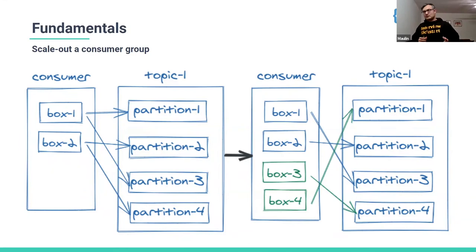Then when you want to add 2 boxes, given the same group ID in the configuration, when it comes up, it will send a request to the Kafka broker and say, hey, I'm the new member of this group. Same thing will happen when box 3 and box 4 start. And then Kafka says, okay, I sense new members in the group, so let me stall the consumption of the whole group and reassign the partitions, deciding which partition data I will give to what client box.